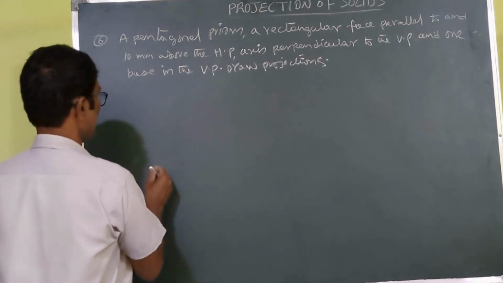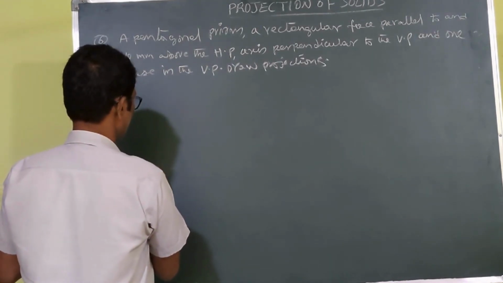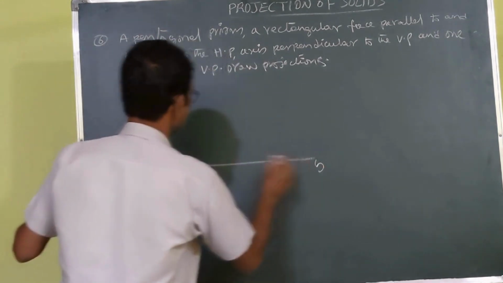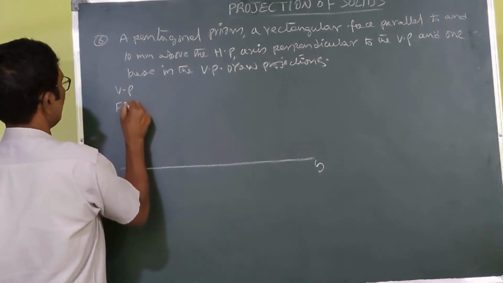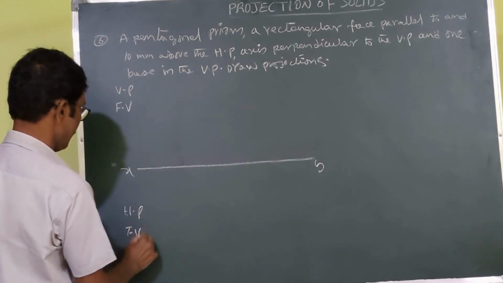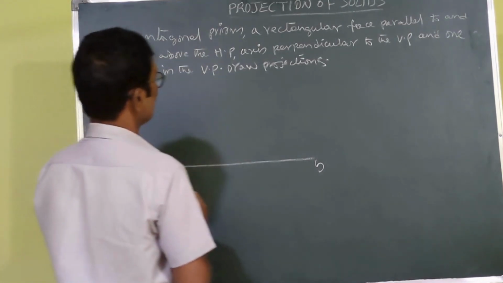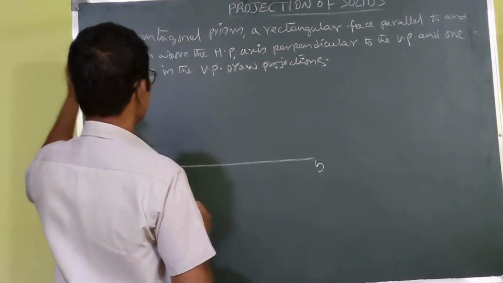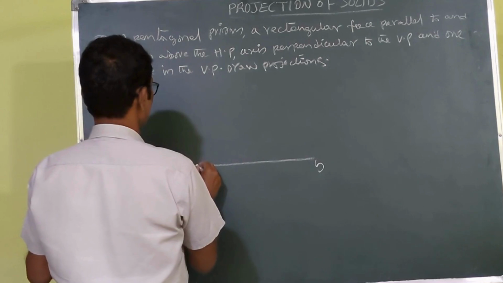So therefore, first you draw the XY line, the XY reference line. This is the vertical plane. This is the front view. This is the HP. This is the top view. Face, not base. Face is parallel to HP and 10 mm above the HP. First you draw it 10 mm from here to